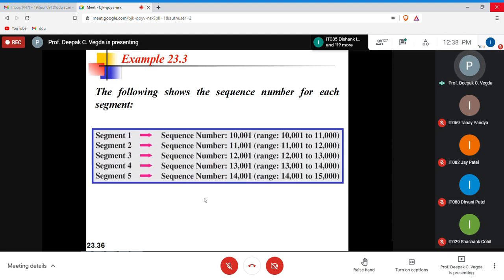It's a very clear example you see here. The following shows the sequence number for each segment. So these many segments are there. You know the segments now, right? Your transport layer takes the data you got from the upper layers and creates a number of segments. Suppose you have created 5 segments. In the first segment, the sequence number is